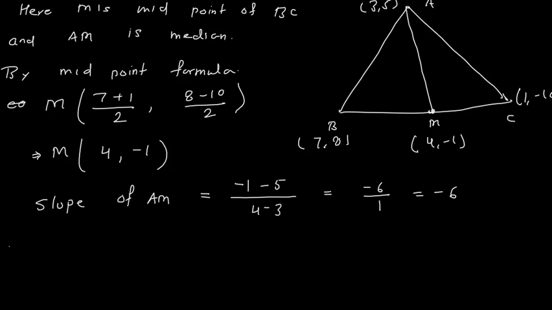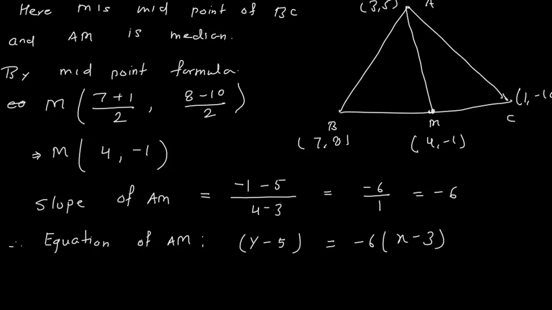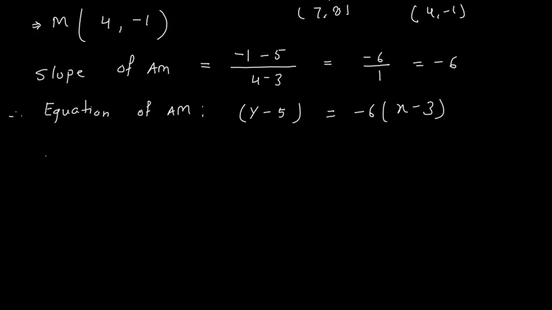So therefore equation of AM. Equation of AM is what? Y minus y1. So y1 I will say it is 5. This is x1 y1. Y minus 5 is equals to m, which is minus 6, into x minus 3. So you simplify this equation, you will get y minus 5 is equals to minus 6x minus minus it is